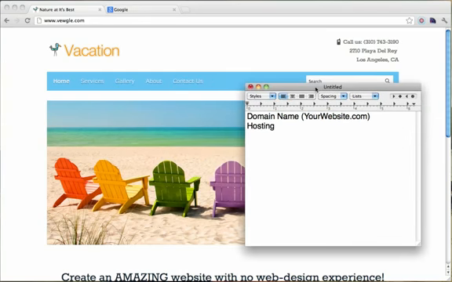Now, we also need to install WordPress, and WordPress luckily is free, so that's pretty good. And we also need to set up our website. Alright, so we need to get our domain name, our hosting, we need to install WordPress, we need to set up our website, and after we set it up, we're going to do some advanced tips. So I'm going to give you some advanced tips that web developers use. Again, you don't need to have any prior knowledge, any HTML, CSS, but I am going to show you some CSS coding,